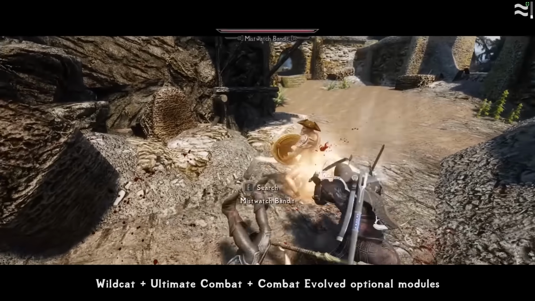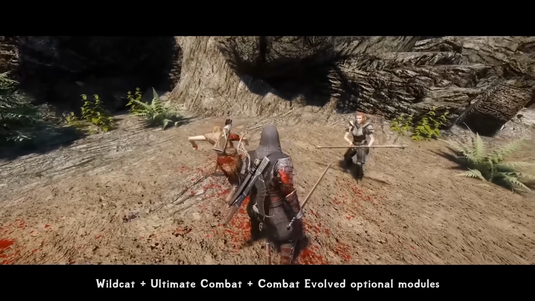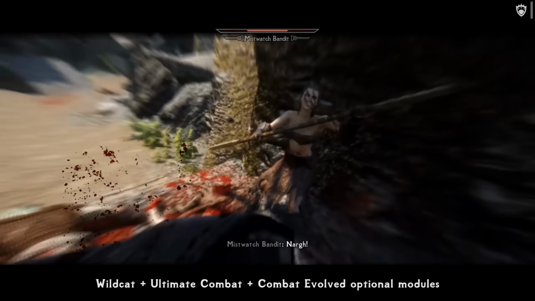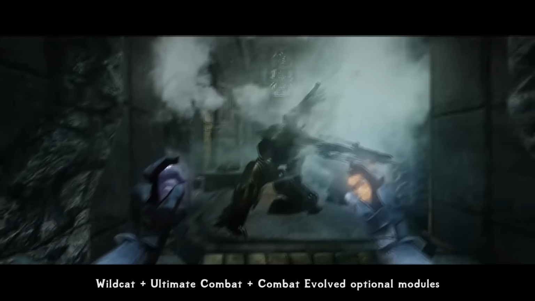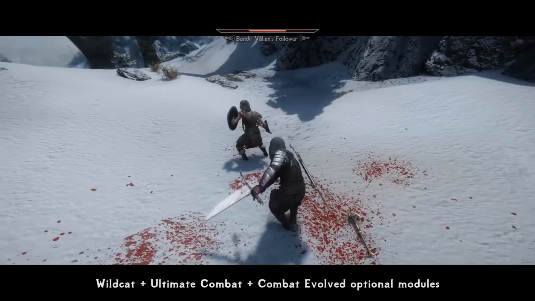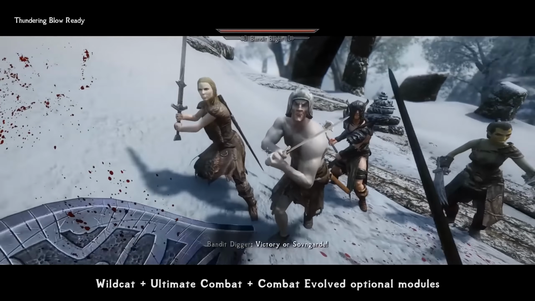On top of that, Ultimate Combat adds several special configuration options for unique enemies like Dragon Priests or Dwarven Centurions, as well as unique combat moves for humanoid enemies like jump attacks, etc. It also adds some cosmetic combat stuff like flashy visuals for melee hits,